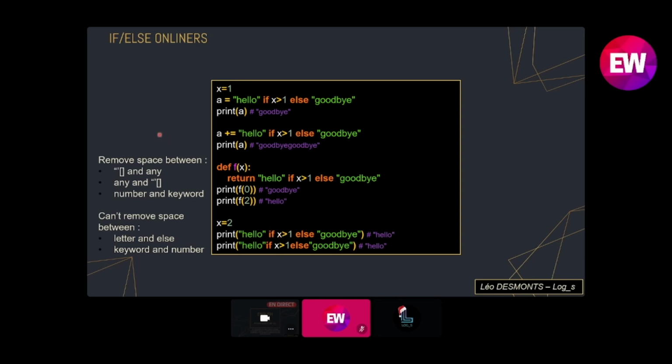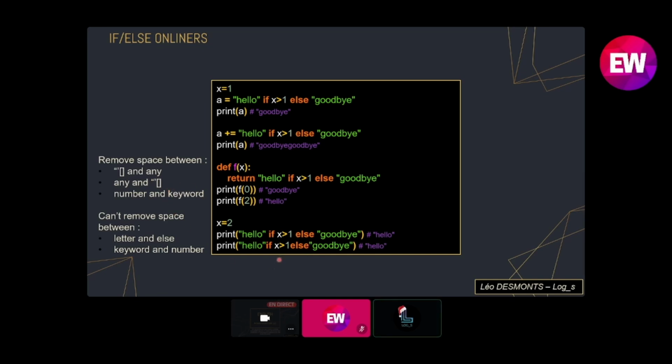How is that? You can remove spaces between quotes and brackets, for example. There are others, but those are the main ones. And any other character, and you can do it in reverse, so any other character followed by a bracket or a quote can be removed. So that's the case here. I have some character and then a quote, I can remove the spacing.